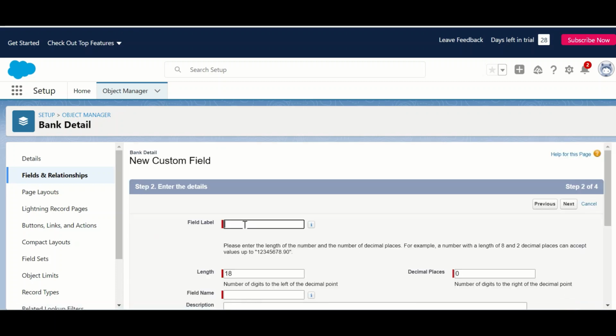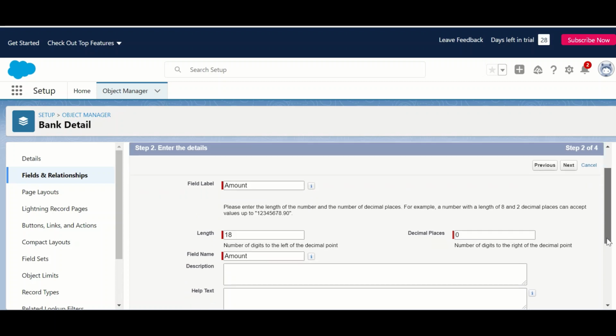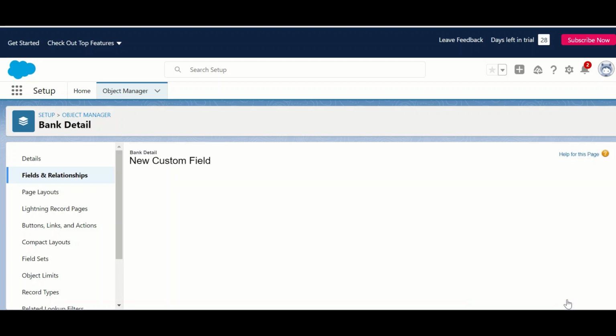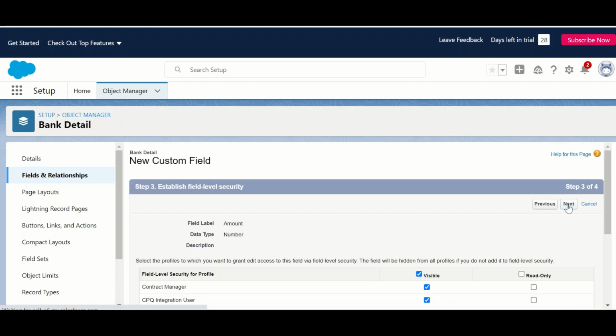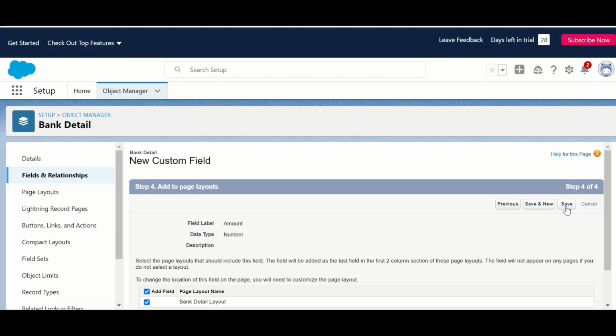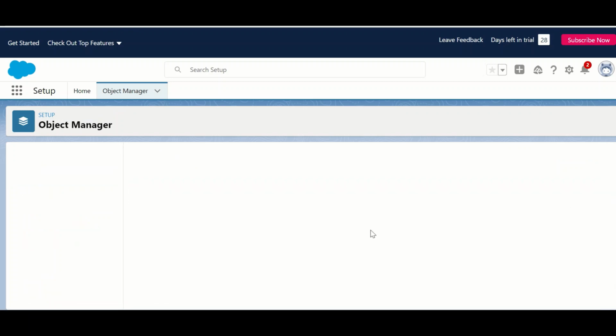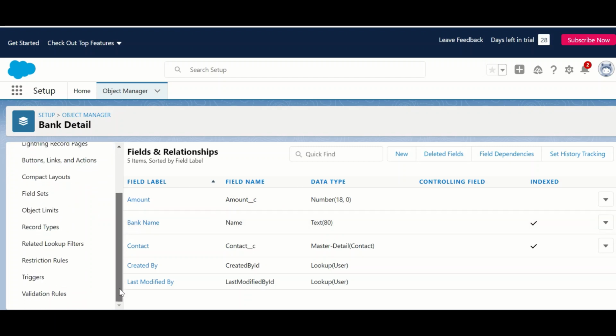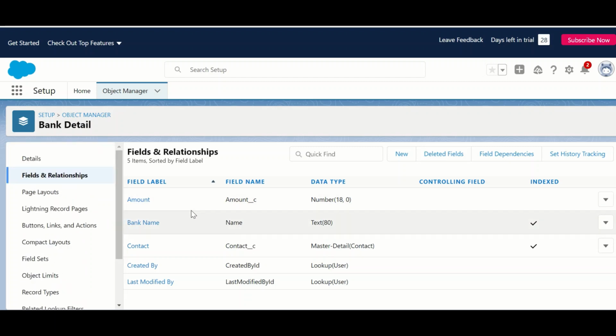Next, field level, amount. Next, save. So our bank detail custom object has been created with field amount. We will store the bank amount in this field and bank name in name field.